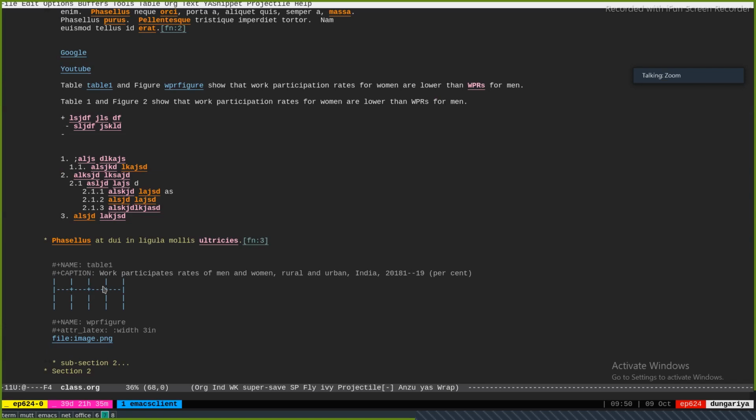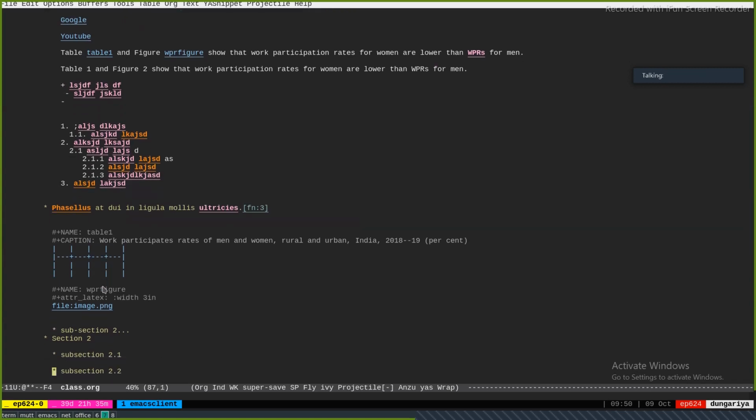You see, when you are, for example, using something like Word, a table or a figure just appears wherever you insert it. Okay, that's not how it works in LaTeX. In LaTeX, these would be what are called floats. So they would float to whatever is the optimal position. Okay, is that clear?